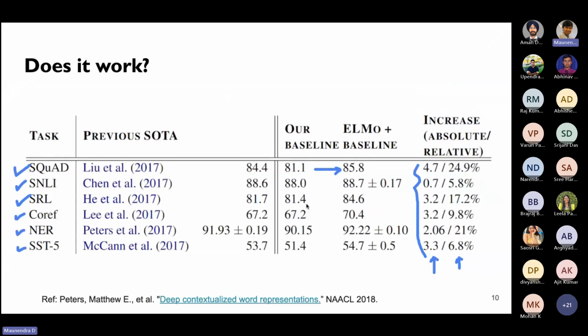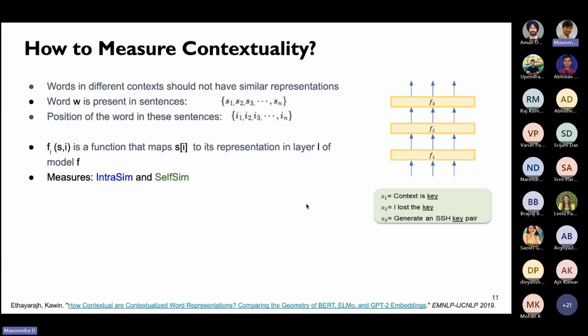Now we talked about contextual representations, but how do we measure contextuality? Suppose there are two different models and both say they give contextual representations. Which one will you prefer? One can say we apply them on different downstream tasks and see which gives better performance, and the one doing better gives the better contextual representation. But that may not be a direct indicator of contextuality, because it only says these representations are better. Hopefully they are better because they consider contextuality,